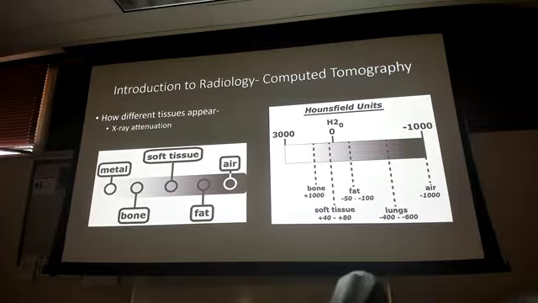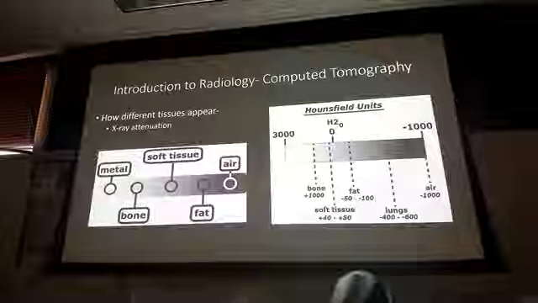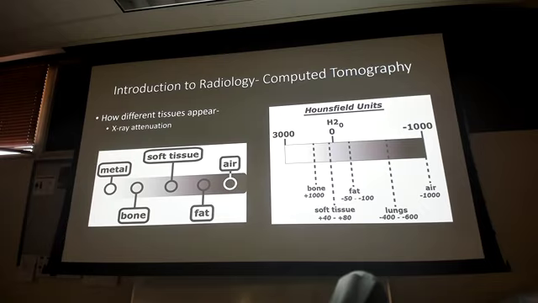Why is it not 3000, negative 3000? I don't know, Hounsfield created it, right? But if you look, bone on CT is 1000. Look at soft tissue, so fluid is water, and soft tissue is like 40 to 80. So now you kind of see here why I say on x-ray, fluid and soft tissue are pretty much the same. They're so close, they're barely separated by the CT scanner, which can give me even more detail into the